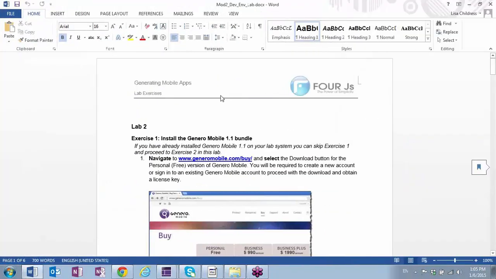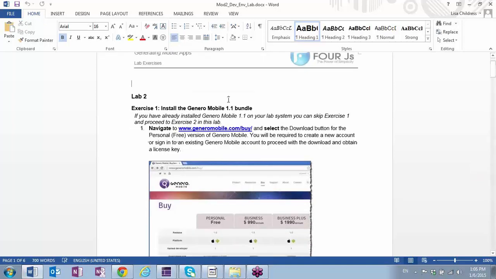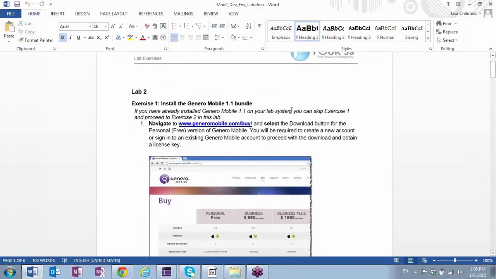All right, so we've called this Lab 2, even though it's the first lab you're working on, just so that it will correspond with the modules. It gets confusing if you have Lab 1, but you're working on Module 2 in the class. So we've just tied the names of these labs to the module that they're associated with. So you'll be starting out with Lab 2, and you can see here the first exercise is just to install